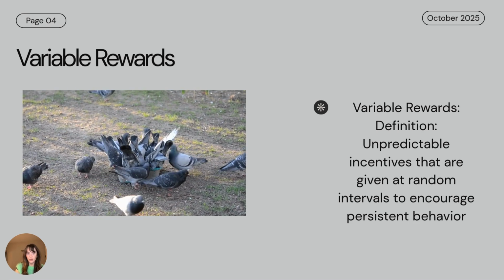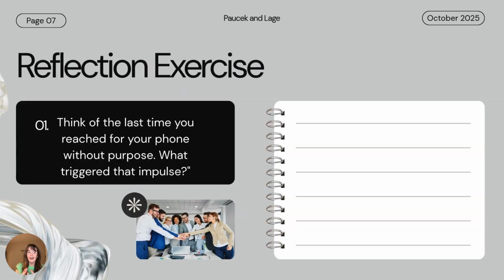So to finish off there, with that in mind, I would love you to conduct this exercise in your own time, thinking of the last time you reached for your phone without purpose. What triggered that impulse? This is really useful. I did it for a full day on Monday, and I jotted down every time I went to pick up my phone, and why, and almost where I got to. It's so powerful, because you really see how many times you are just by default going to your phone and looking for notifications, or not just picking it up.